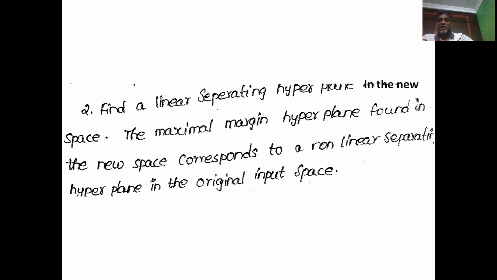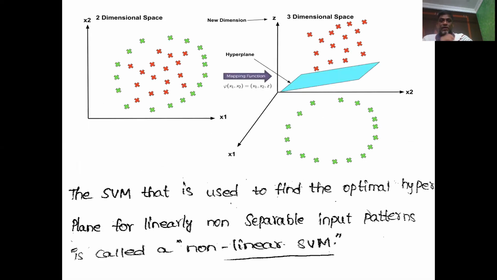If you compare the linear SVM algorithm and the nonlinear SVM algorithm, this involves one extra step, that is conversion of the input space into feature space, and all the remaining steps are the same as linear SVM. I repeat, the difference between the linear SVM algorithm and the nonlinear SVM algorithm is the first step only, in which we convert the input space into feature space. Now let us understand this conversion of input space to feature space with the help of an example here.